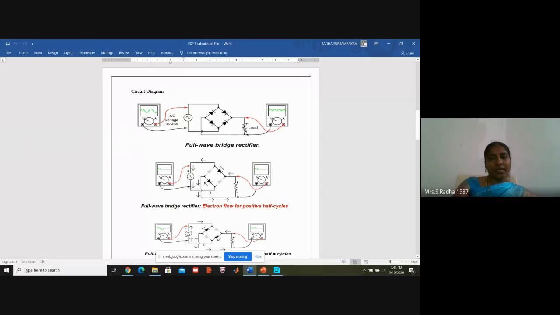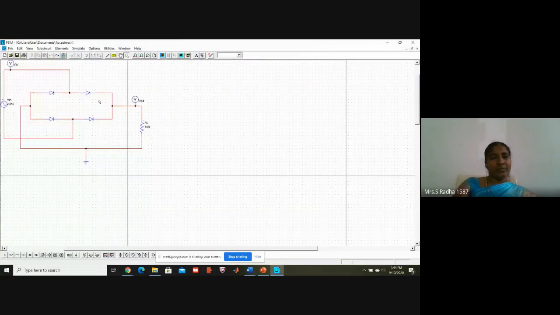The input sine waveform is a full cycle, positive followed by negative, but the output will be only half cycles. You see 4 diodes are there, forward direction like this and downward forward direction like this. Same thing I connected. Angle wise I am not able to tilt it. It is going vertical or horizontal only.